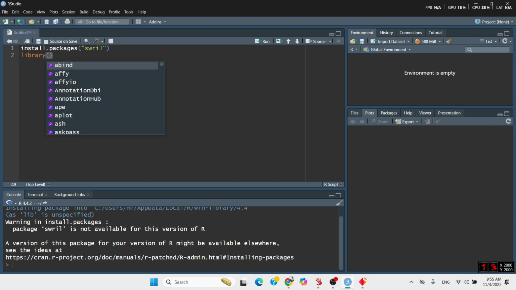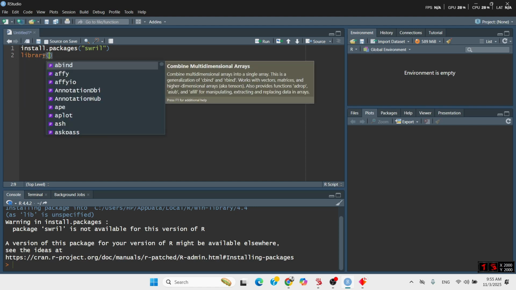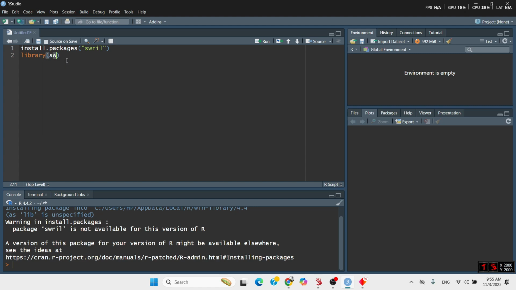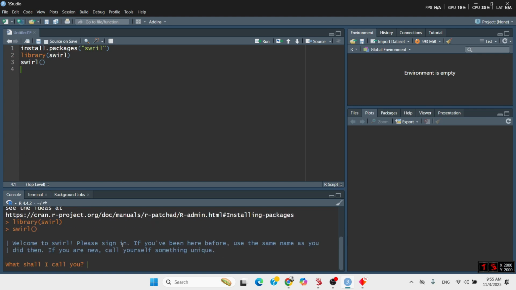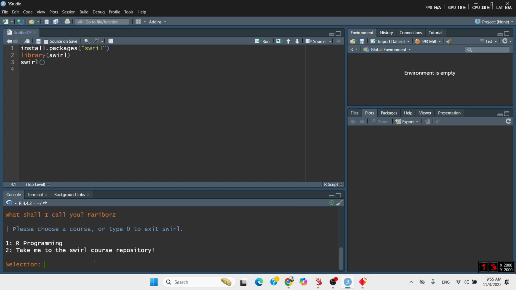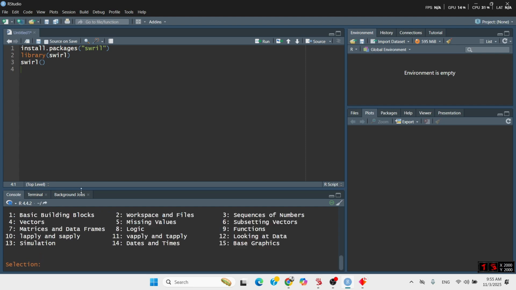Library. If you want to load a package, you need to write library, and after that, write swirl. So it is now running. So we need to write this to run the package, and here it wants my name. So then you can go, and there are two categories here. So if you want to learn R programming, go to the first one and try to learn from 1 to